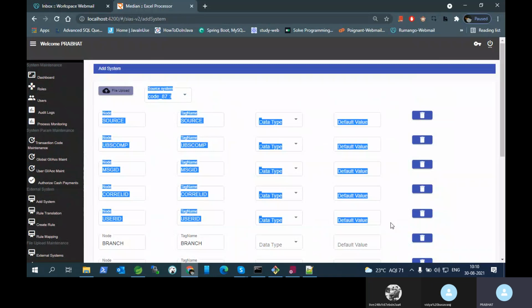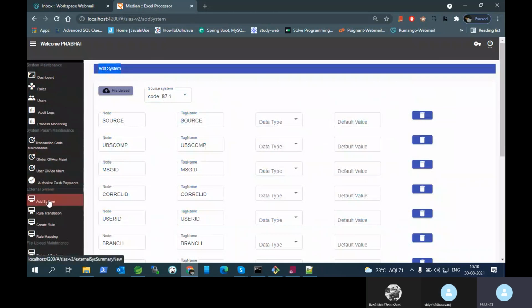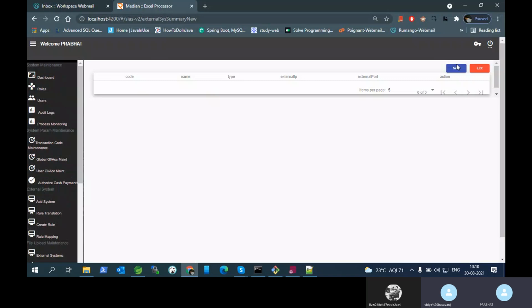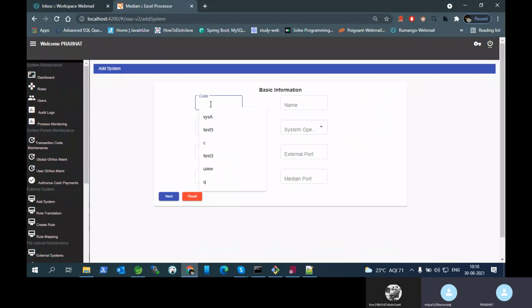So Fayaz, the flow is clear, no? Yeah. So Prabhat sir, source system, I added it in every screen, and I need to remove it in every screen, like inside HTTP. See why I am telling you to remove it. In the Add system first screen itself, we have given the source system. This code is the source system, right? Yes, code and name. So we already have the code here, meaning whatever maintenance they are doing for this screen, it is for this code only, right? Suppose we are selecting CSA, so it is applicable for all the nested forms, as we go next till submit. This will be our external system source code.